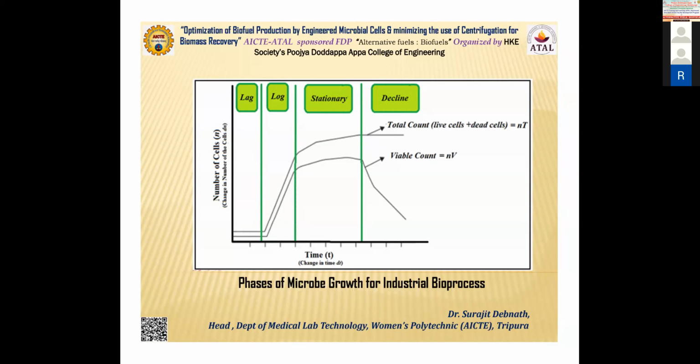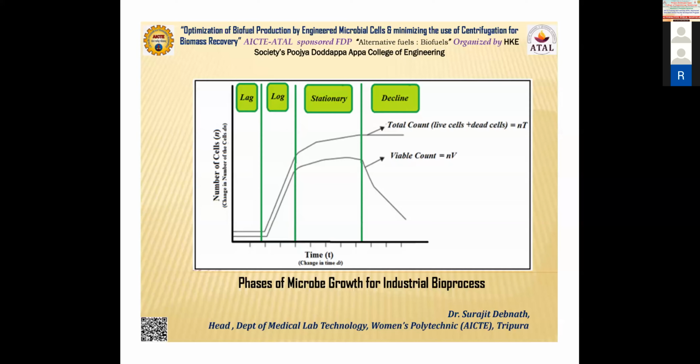So eventually the bacteria, the organism, also acts in this way. Initially it will only grow in number and later on it will try to produce the additional things. Now that additional thing is our thing of interest, that is biodiesel, which will be accumulated inside the microorganism cell. Okay, then you have to liberate it, then put it into a packet and then you can sell it. Okay, and eventually there is a decline phase.